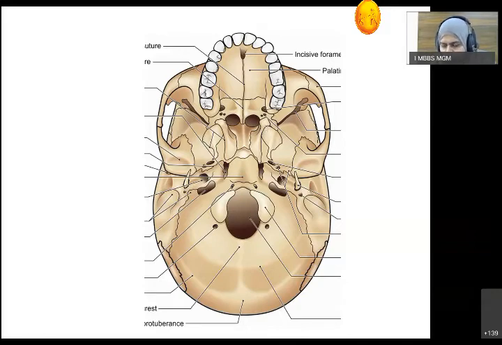Okay. This pterygomandibular raphe we have already discussed when we discussed the mandible. What is the attachment on the mandible? It gets attached on the upper border of the mandible just behind the third molar tooth. Okay. And now what about the attachments on the lateral pterygoid plate? On its lateral surface, there is origin of the lower head of the lateral pterygoid muscle, and on the medial surface, there is origin of the deep head of the medial pterygoid muscle. We have discussed the origin and insertion of the muscles of mastication also.